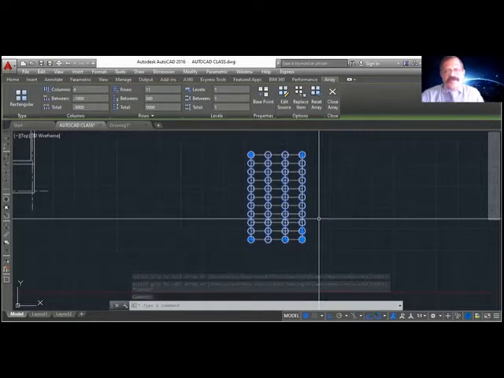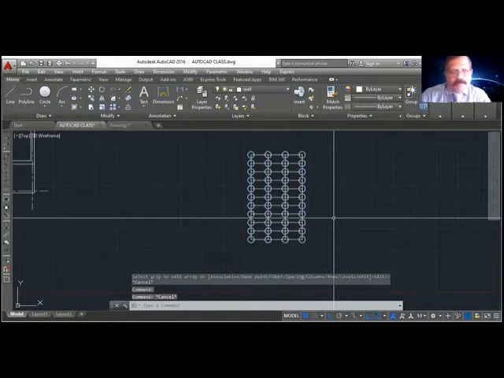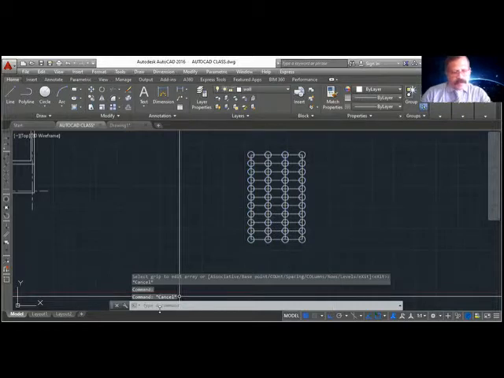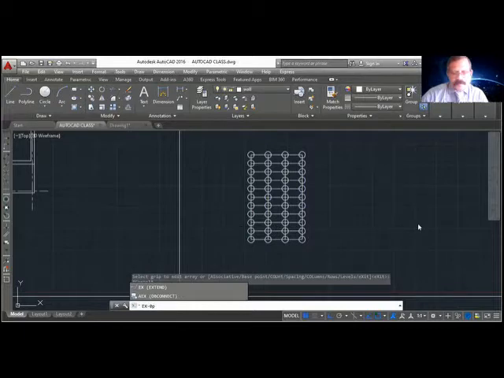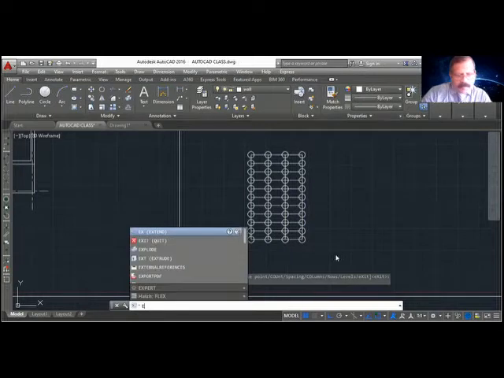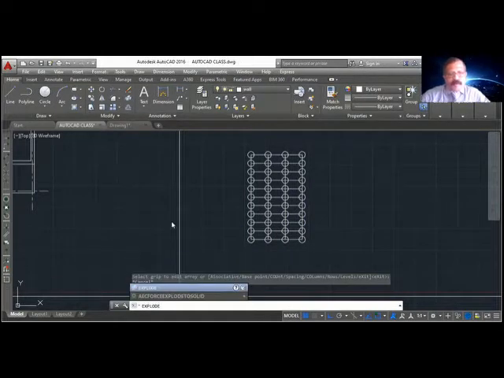So what you have to do is there is a command called explode, EXPLODE. Note down. Explode, to explode a block or a group of objects.